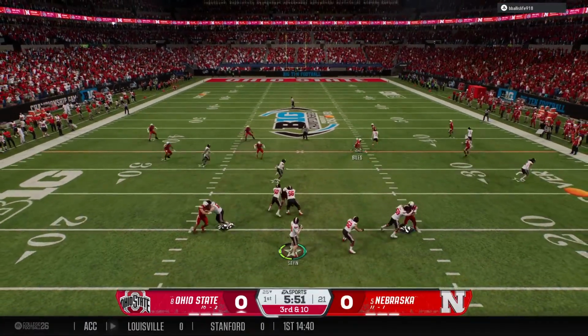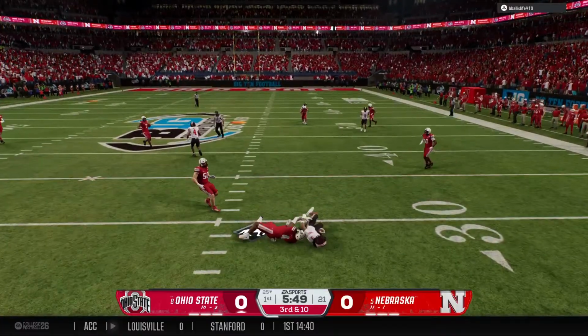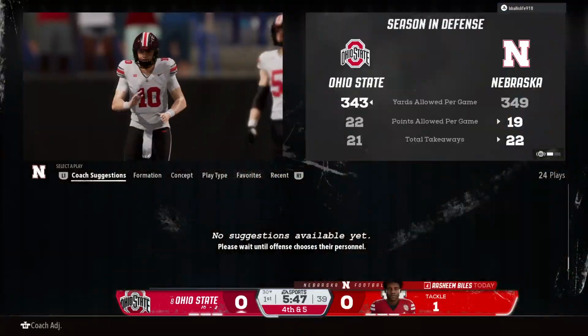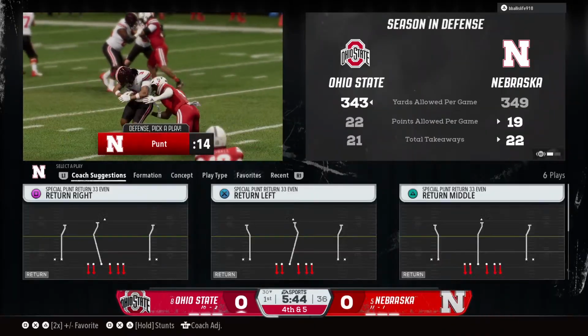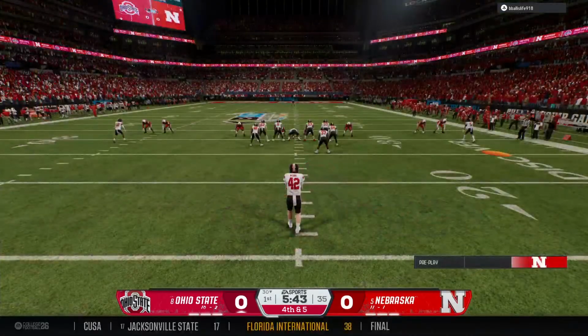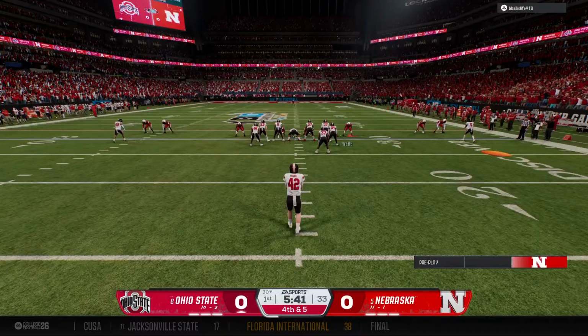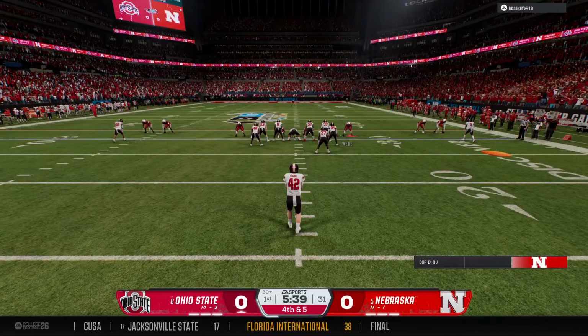Dropping back, looking to throw for the 1st down. Makes the catch. It's Evans. They'll stop him short. The completion gained 5 yards, but brings up 4th down. The Buckeyes will have to kick this away. That's just the first punt for this offense tonight.